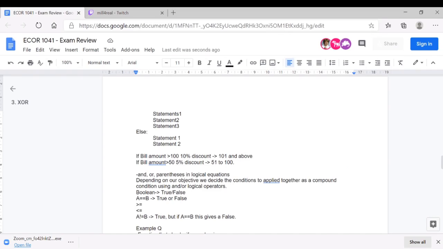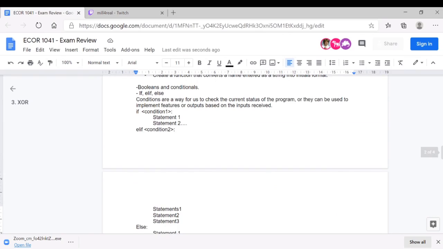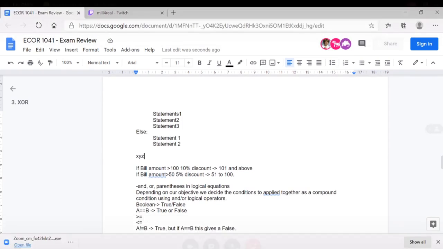Basically, if any of the if-elif conditions is satisfied, your program executes those statements, skips the rest of the if-elif-else structure, and comes to whatever you have after your else statements. But if you have separate if statements, your program goes through every statement, evaluates it, and executes it if it's true.